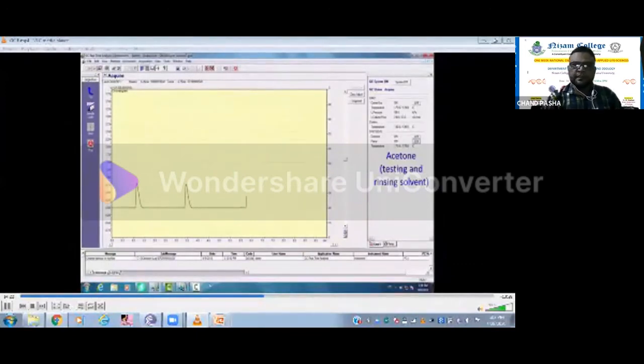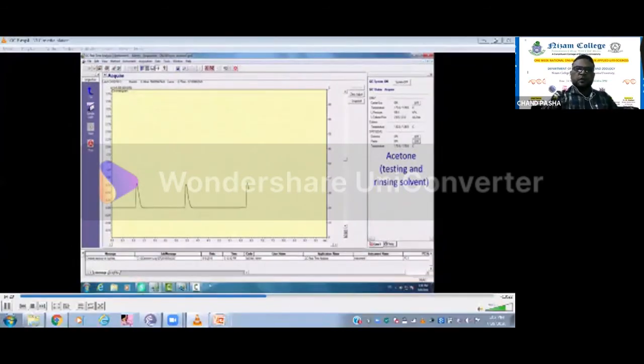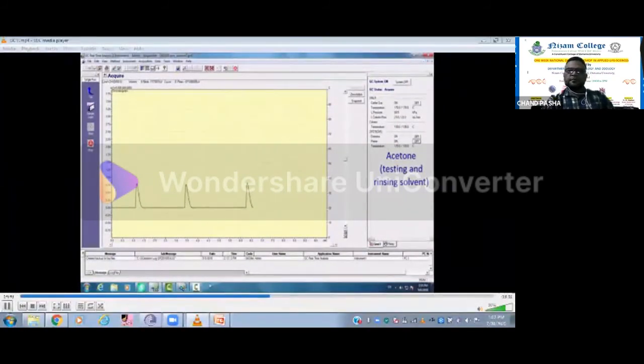Anyhow, as I told you, practice makes a man perfect. You have to load some number of times, until you get the consistent and same volume of sample. So the same peaks you should get. If you are not able to load the exact volume of sample, then the peak areas will differ. The peaks will be up and down, or a bit bulged or narrow.